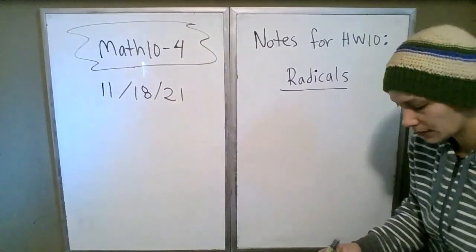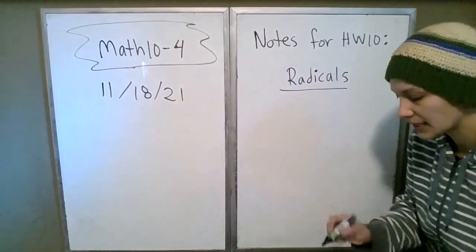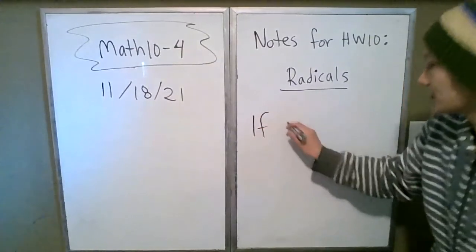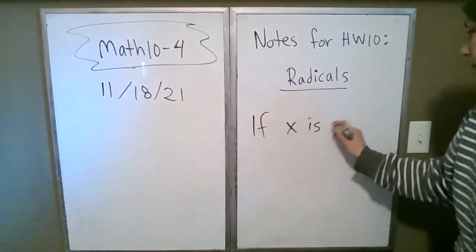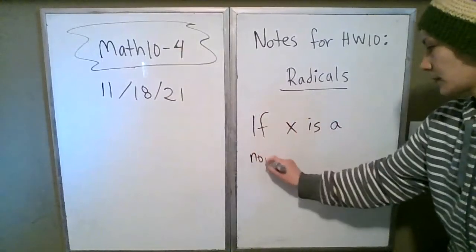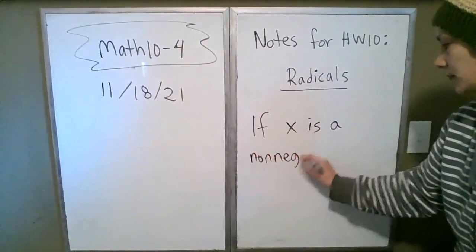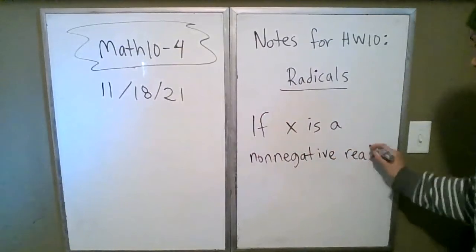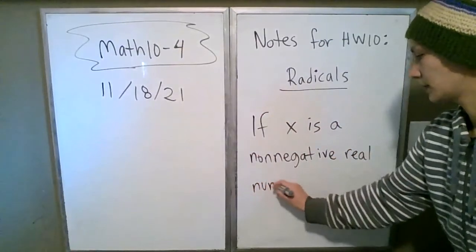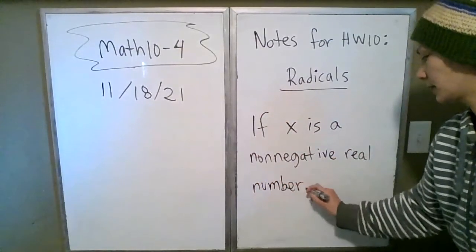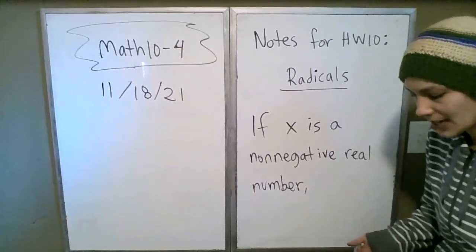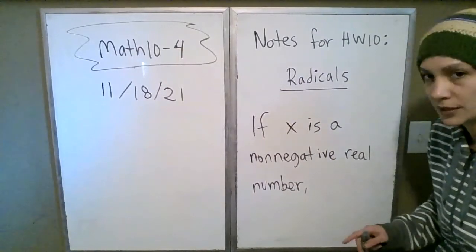In general, if x is a non-negative real number, m is an integer and n is a positive integer,